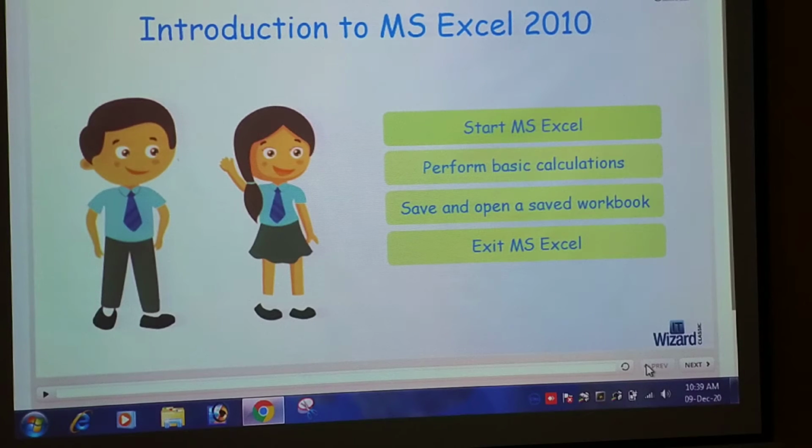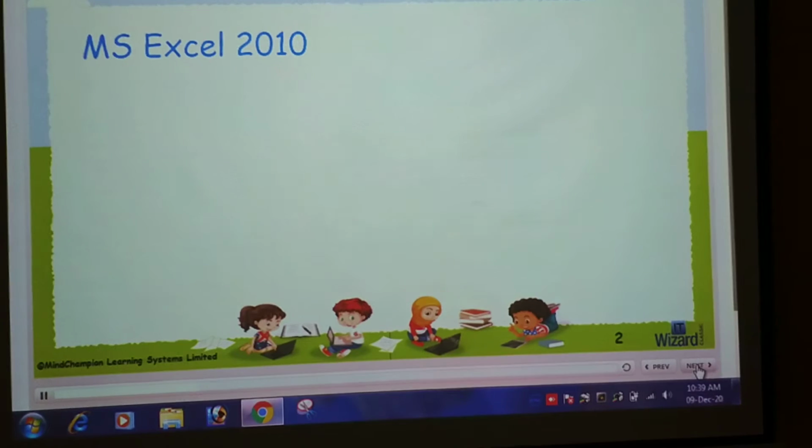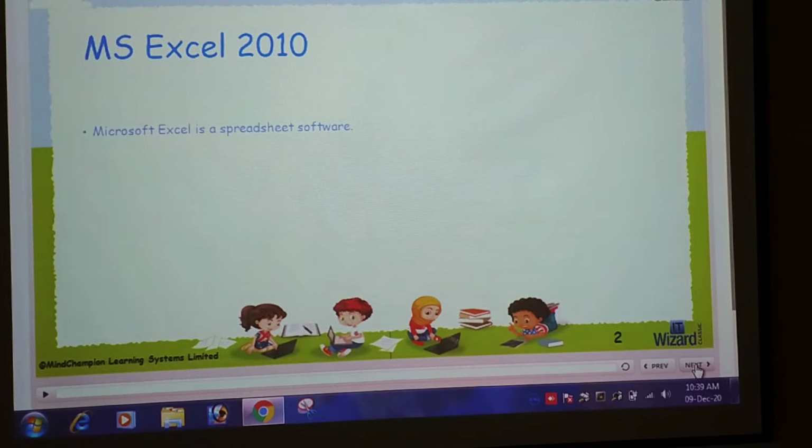First of all, Microsoft Excel. What is Microsoft Excel? Microsoft Excel is a popular spreadsheet software. It is one of the software of Microsoft Office. It helps us to perform mathematical calculation like addition, subtraction, division.